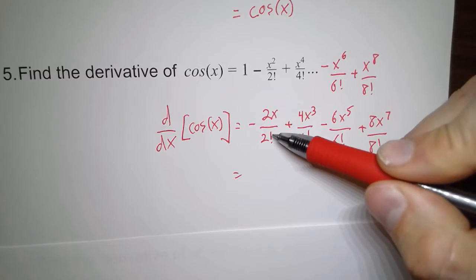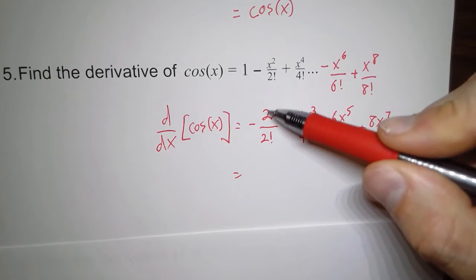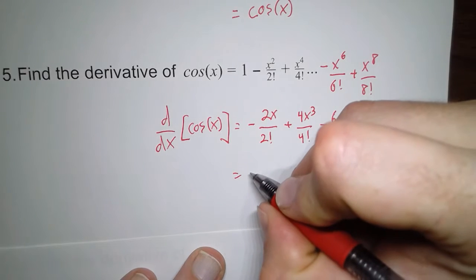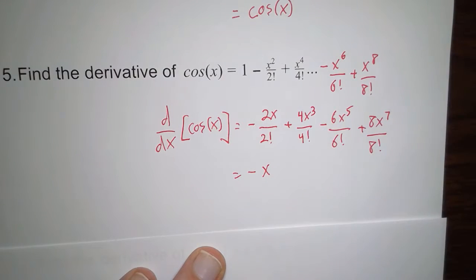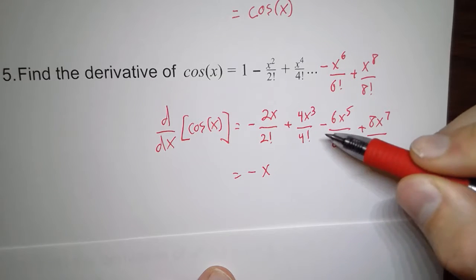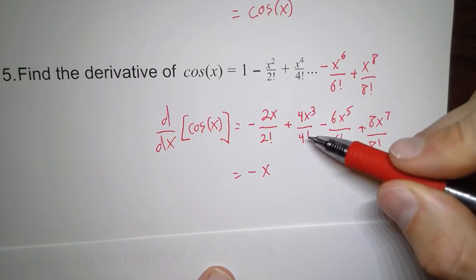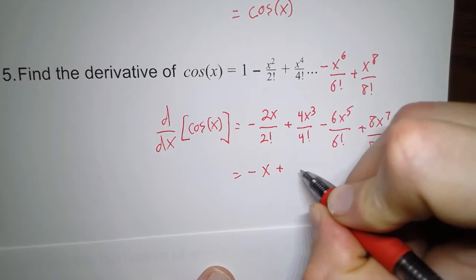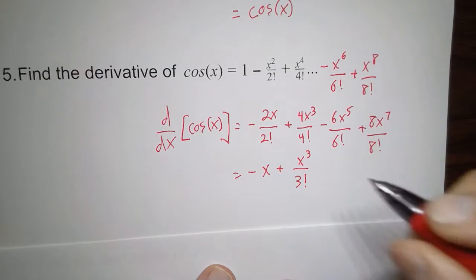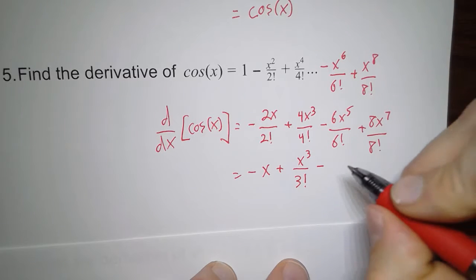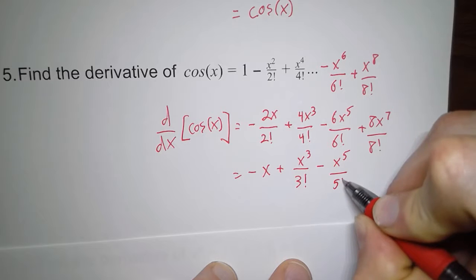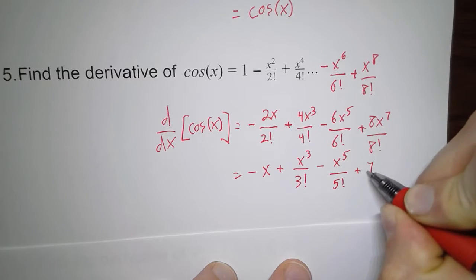Now again, 2 factorial is just 2 times 1. And if I cancel the 2, we're just left with a 1. Now we don't need to write the 1 in our denominator. It's just negative x. 4 factorial is 4 times 3 times 2 times 1. If we cancel with the 4 on top, we're left with 3 times 2 times 1, which is 3 factorial over x cubed minus, and if you notice a pattern here, x to the 5th over 5 factorial plus x to the 7th